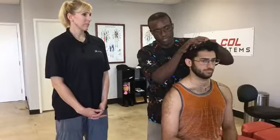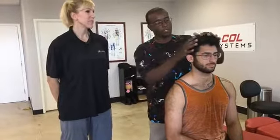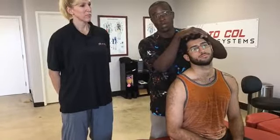Those nerve roots that come out through the spine, we're actually putting a little bit of pressure on those nerve roots. So if we press down and they say, wow, that really hurts, like that's where it hurts, you know it's coming from the neck, most likely, okay? Let's say you do that and they're like, nothing. Then what you can do is tilt their head back, turn it slightly to the side. So I brought the head back, I'm turning it slightly to the side, and now I'm gonna press straight down again. And if that reproduces the pain, again, most likely it's because it's coming from the nerve roots that are